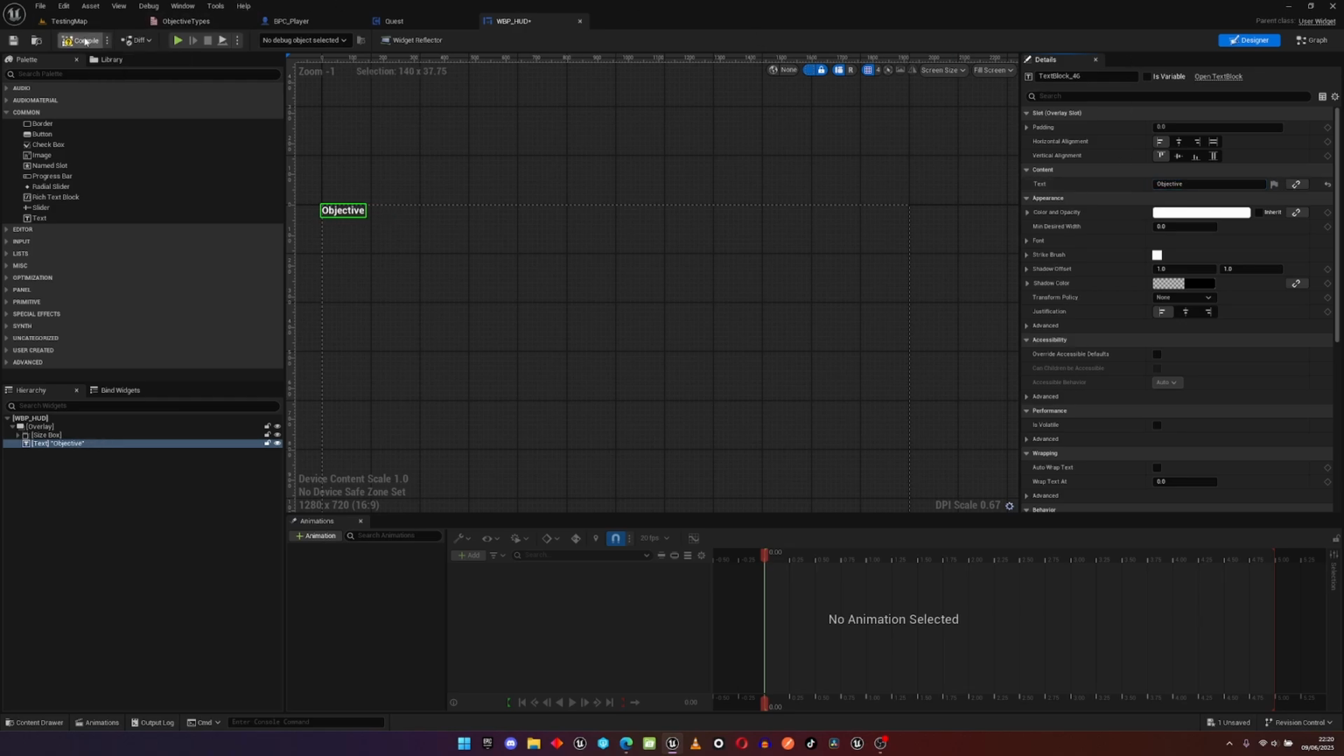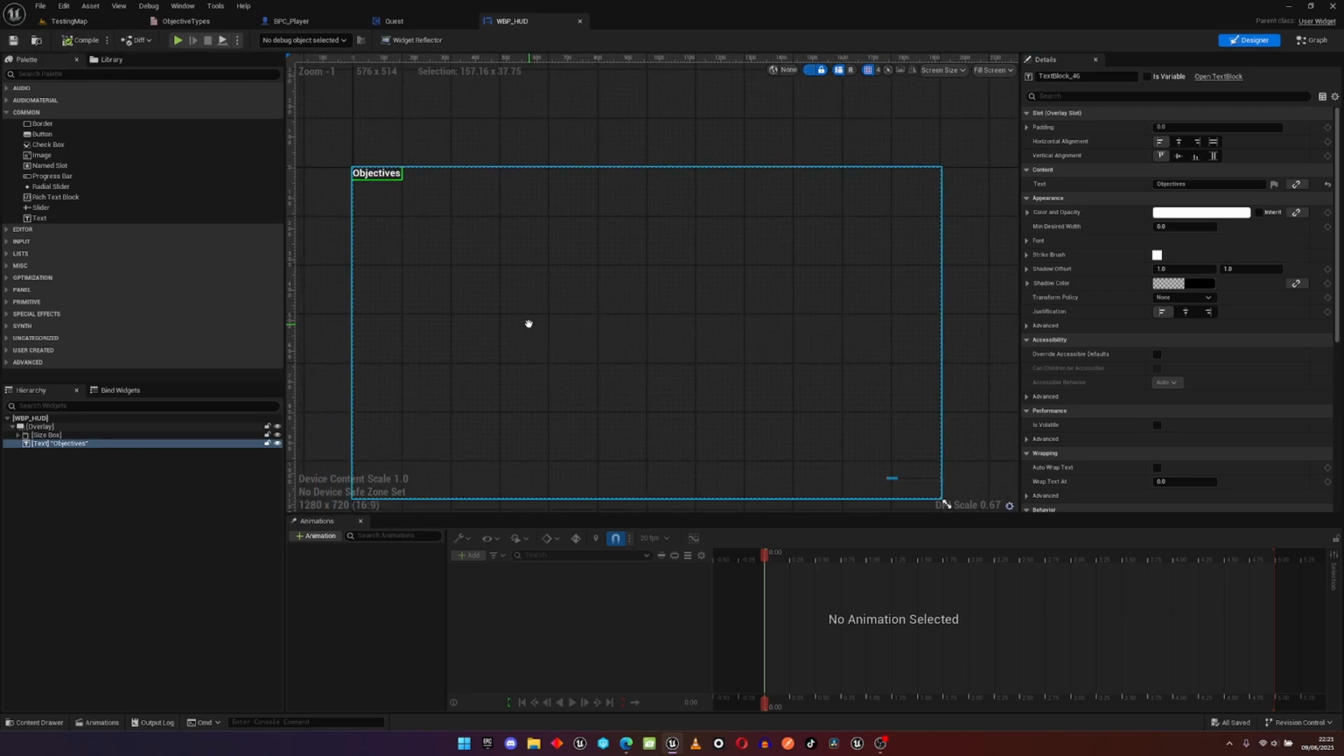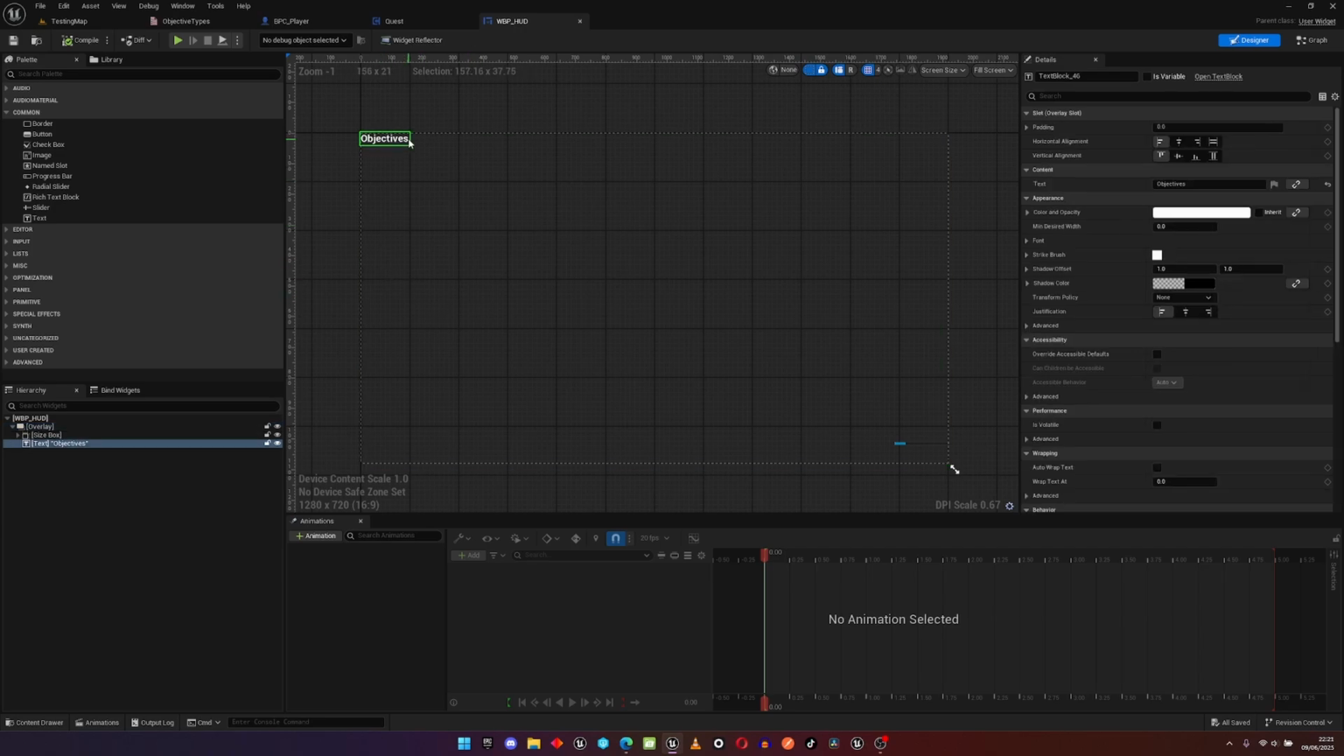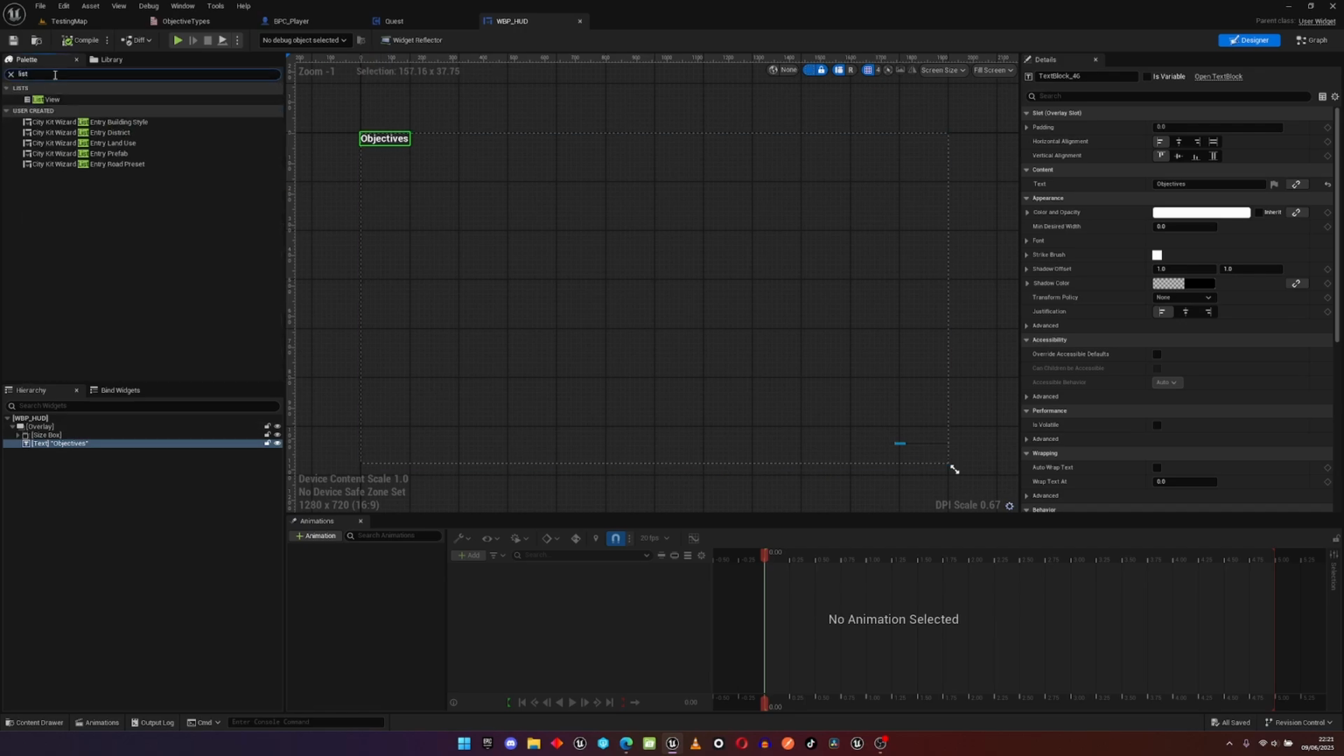Cool. So I'll name it objectives. We might have a lot of objectives in MonQuest, and one thing that we do is that I'll create like a list right here. To get a list in Unreal, you just type list, and you'll see a list view. Add it on our overlay,